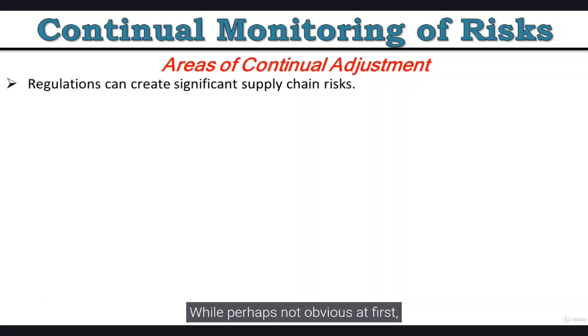While perhaps not obvious at first, regulations can create significant supply chain risks. They can affect import and export documentation and compliance requirements, as well as shipment safety and security issues, and thereby affect shipment costs and create a risk for delays and financial penalties. Regulations can affect the countries or states in which an organization may work, as well as those in which its suppliers may work. In some, failure to monitor, shape, and respond to new regulations can pose significant risks for the